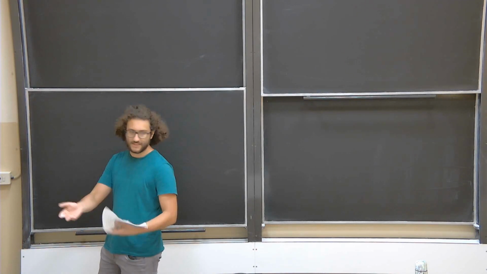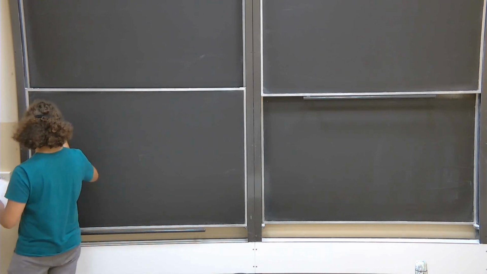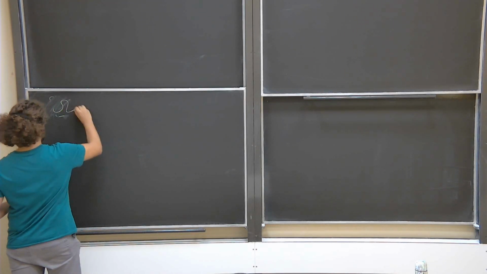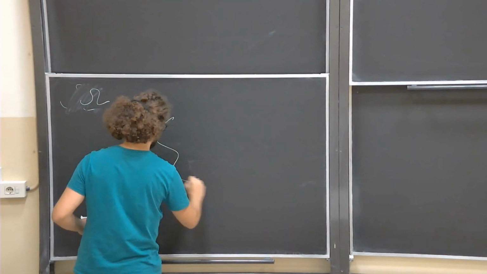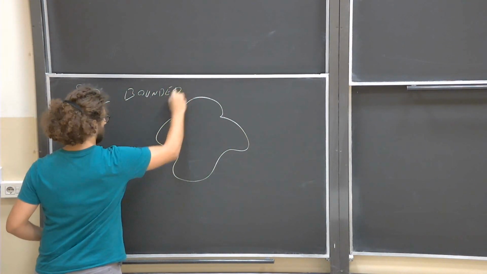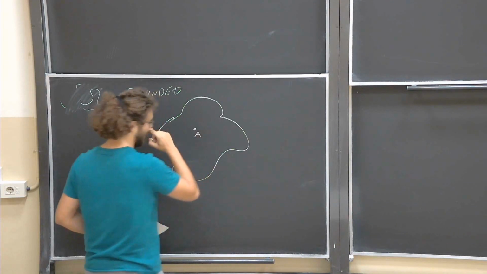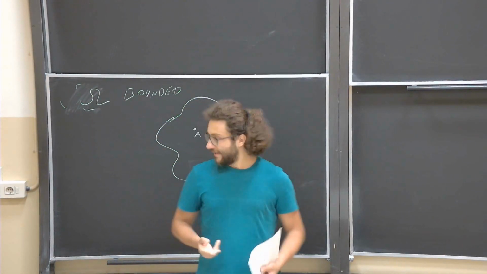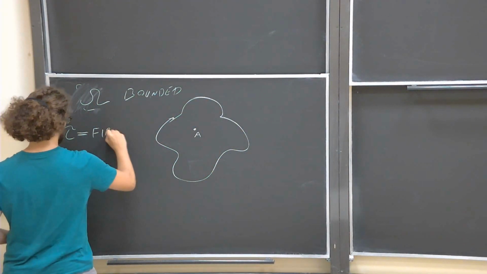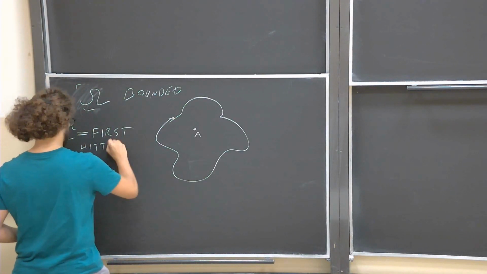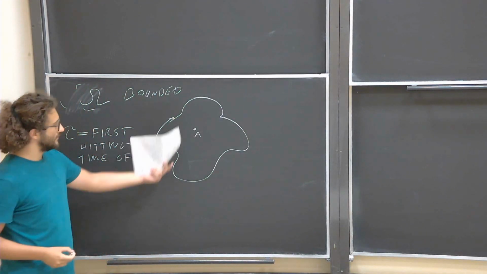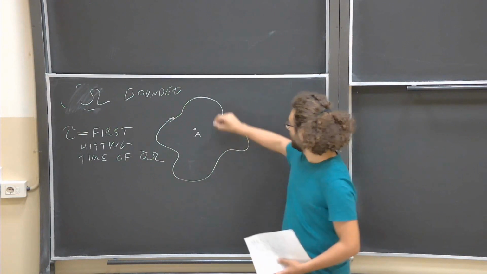What you have seen more or less in the talks of the other guys from my group is this: if we have a bounded domain omega, and we take a point and make Brownian motion start from there, then we can define two things. First, tau, the first hitting time of the border, the first time our particle that moves by Brownian motion will touch the border.